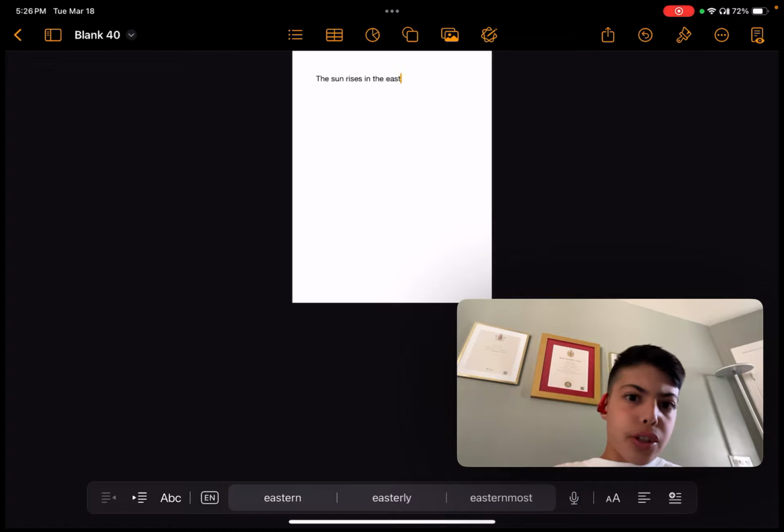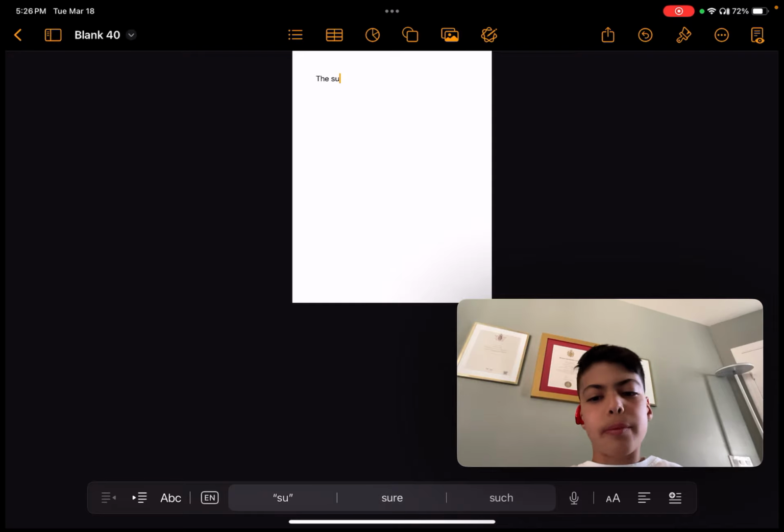For the simple tense, there's also the simple past tense, which talks about something that happened at a specific time in the past. Like some past words like spoken, talked, ran. Some of them are irregular, some of them are regular. For example, as I said, spoken is an